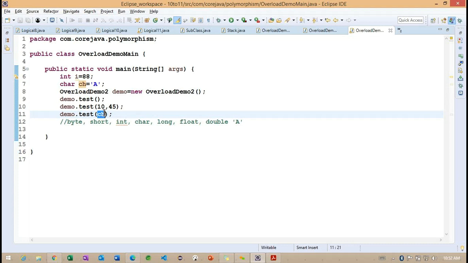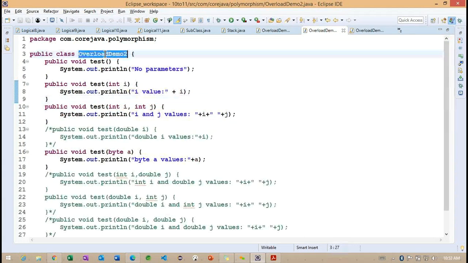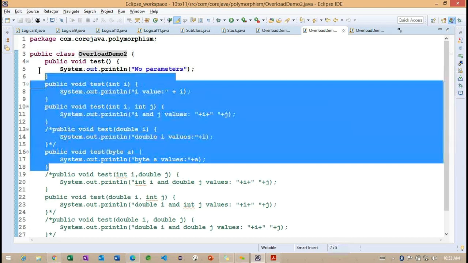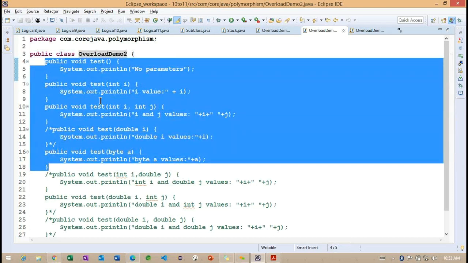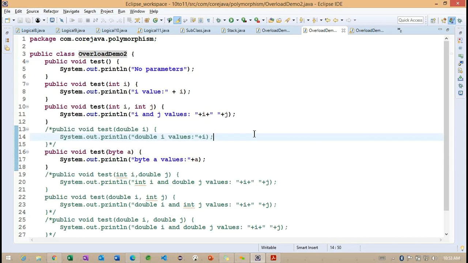But now, here we are passing this character related information, but this particular test is expecting int data type here. So now you can see in the overload demo 2, we don't have any method that takes character related information. Getting the point. But how is it converted? Right. So this is important here. The compiler is going to take care of the conversion of this particular char to int. Getting the point. Now, this we need to understand here.